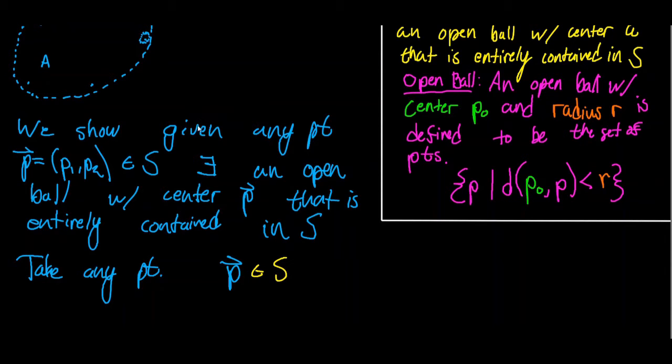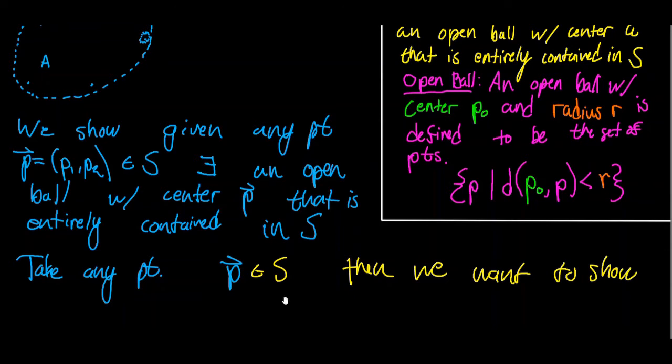We'll use one of those metrics for this particular problem, but we could be dealing with any particular metric space with any particular metric defined on that metric space. So the open ball is all points P such that the distance between P naught and P is strictly less than the radius r. So you notice in this problem, if we take any point P in S, then there exists